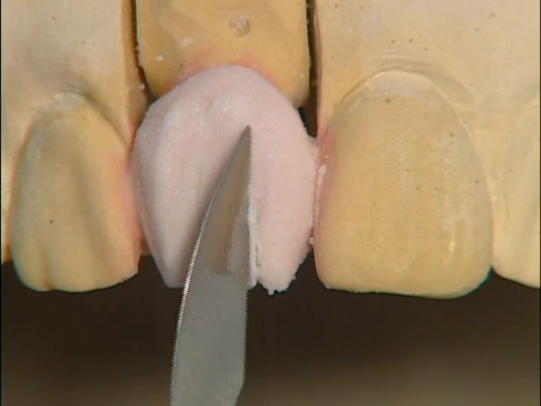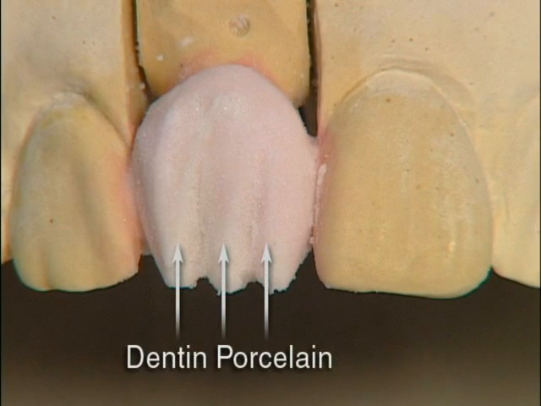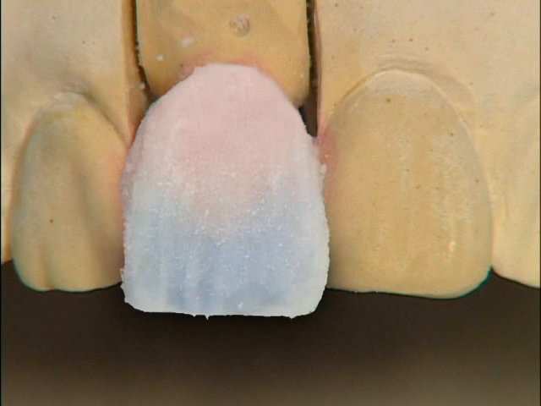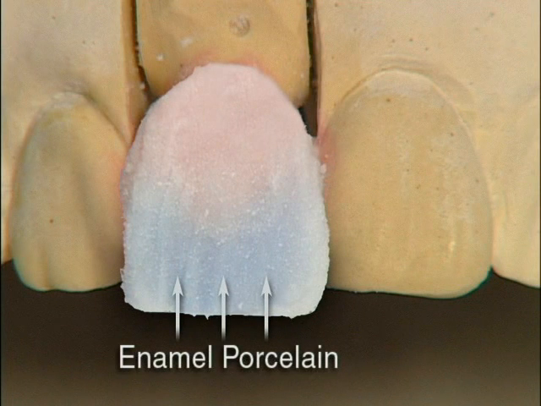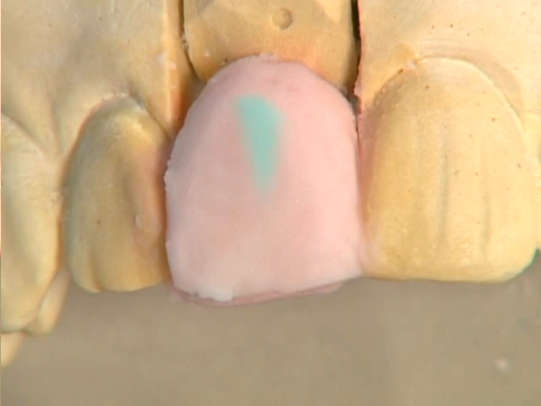We know that in a two powder buildup, several cutbacks must be made in the dentin in order to make room for enamel porcelain. That's the first buildup. The first cutback